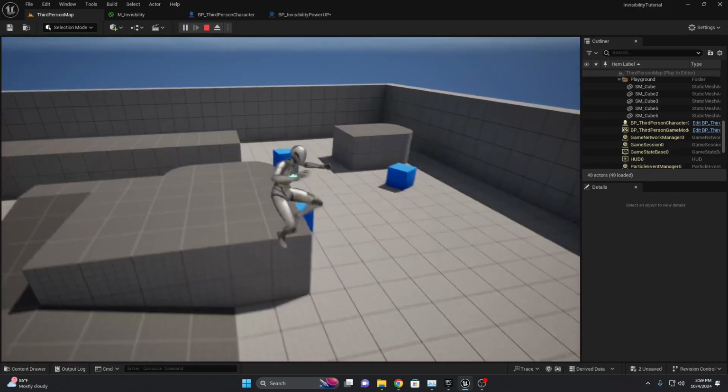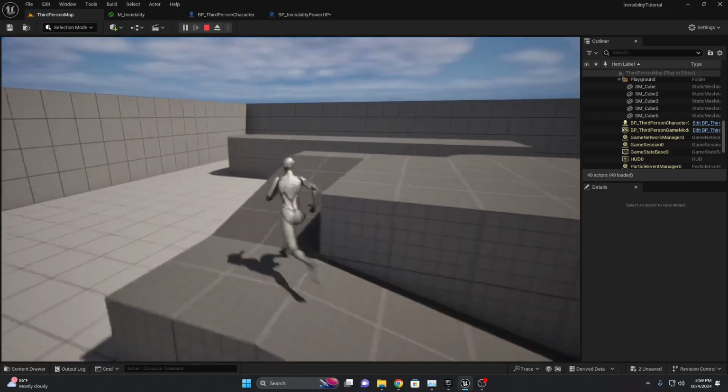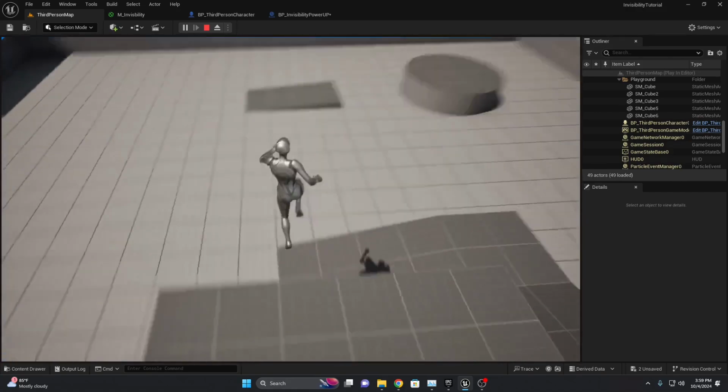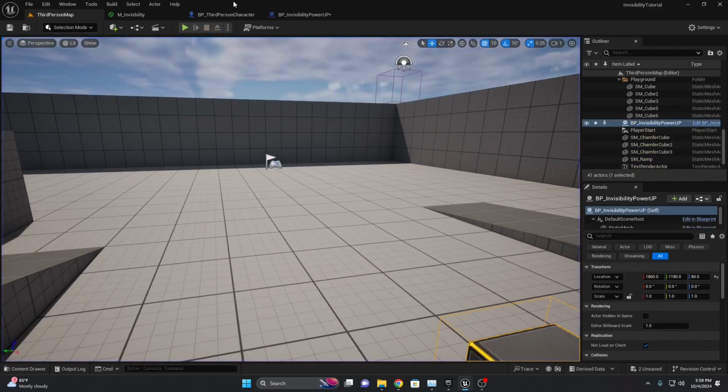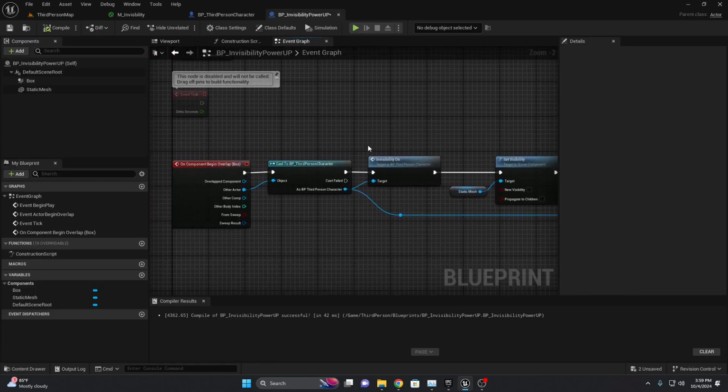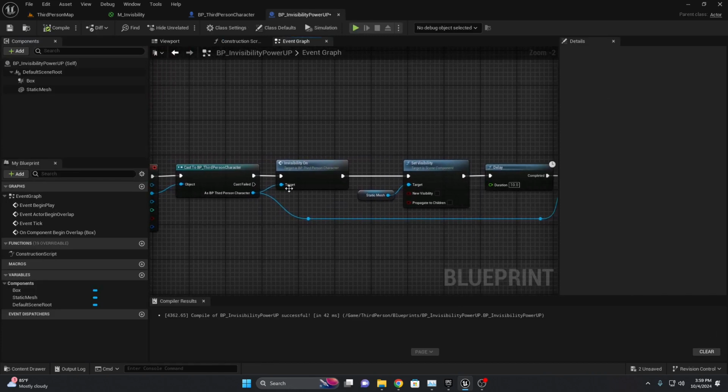But yeah, it disappears. You go back to normal after 10 seconds, and the actor's gone. It's no longer here, invisible on the ground. Now, if you wanted to do something different, not a function, it'll be more simple. I'll show you how to do it real quick. We'll just cut these pins,